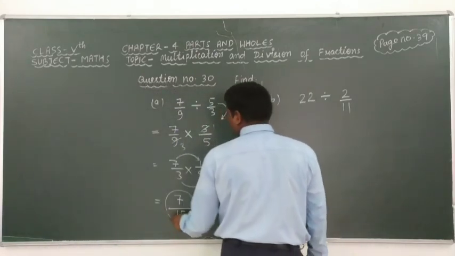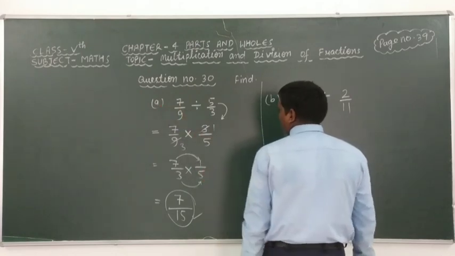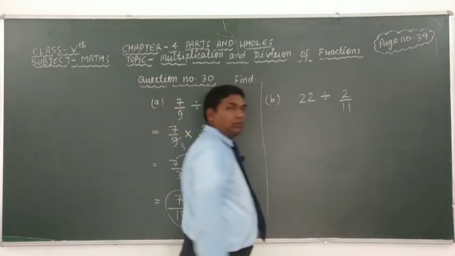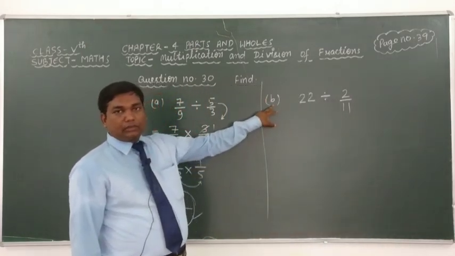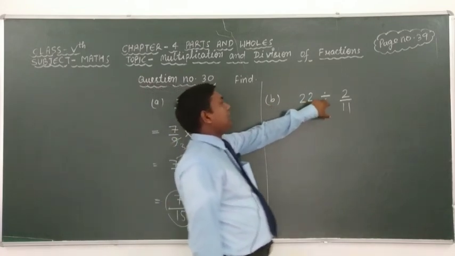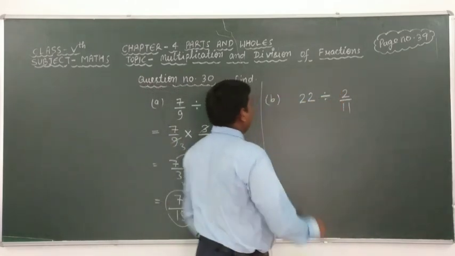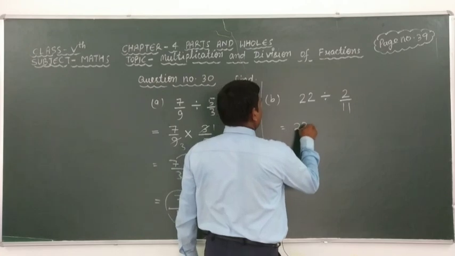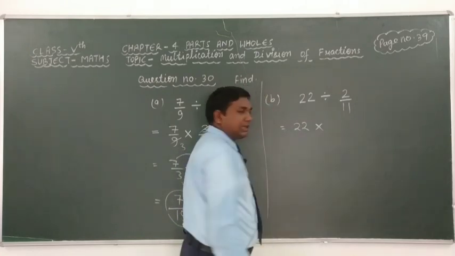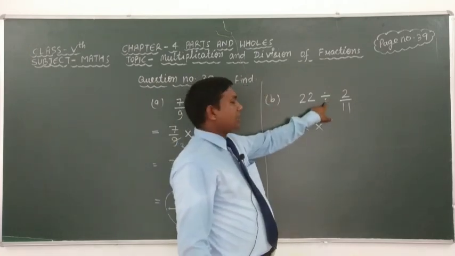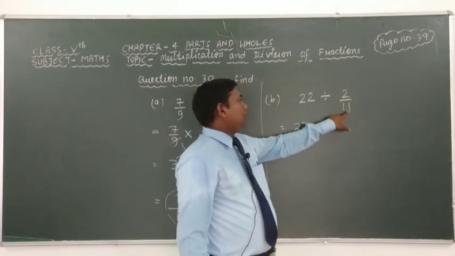This is the answer of question number 30 of A. Okay. Look, in question number 30 of B, here given that 22 divided by 2 over 11. Firstly, we can write 22 and here we can take multiply sign in place of division sign. Then we have to write